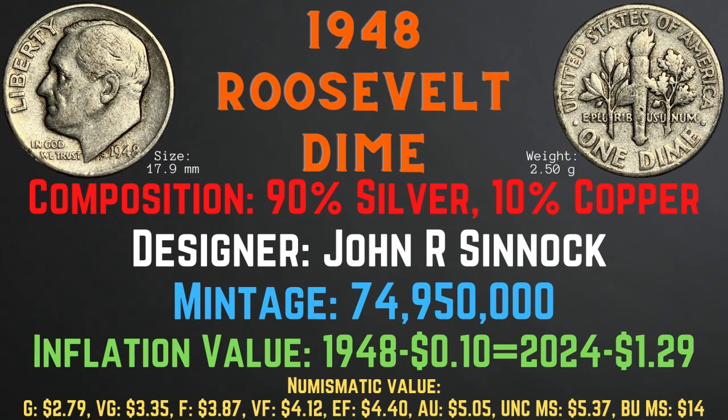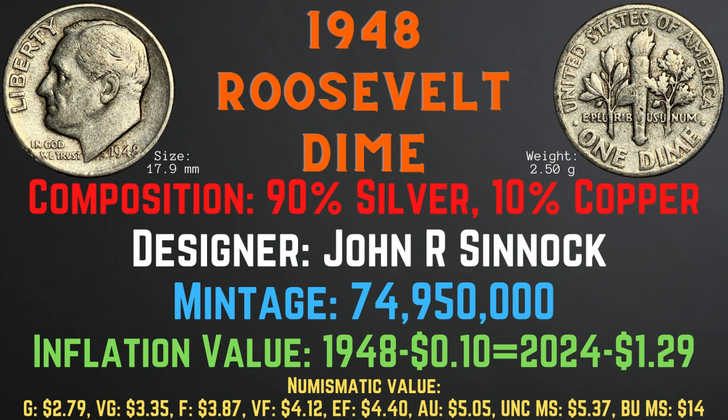The 1948 Roosevelt Dime has a size of 17.9 millimeters and a weight of 2.5 grams. Its composition is 90% silver and 10% copper. Its designer is John R. Sinnock. Its mintage is 74,950,000. Its inflationary value for the year 1948 is